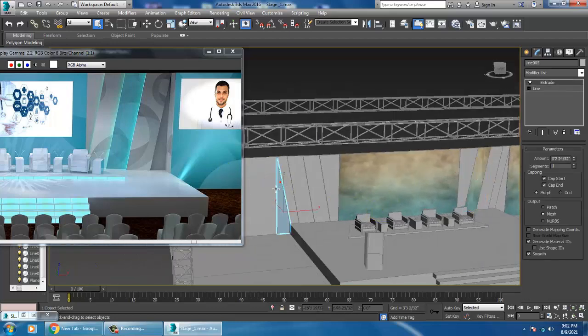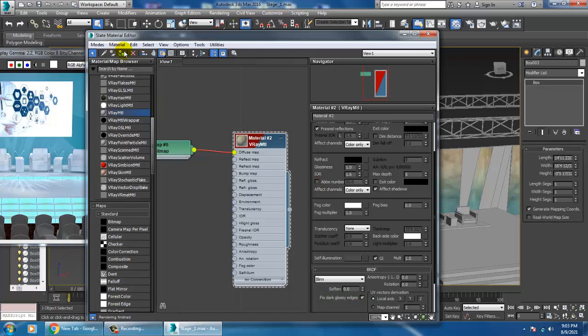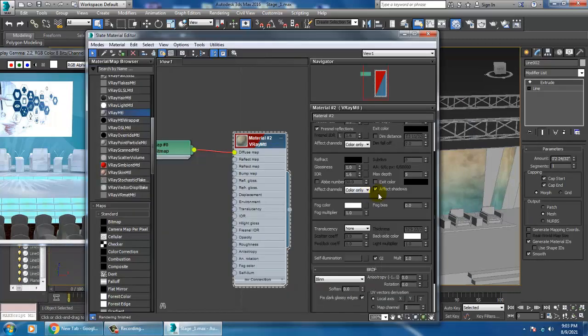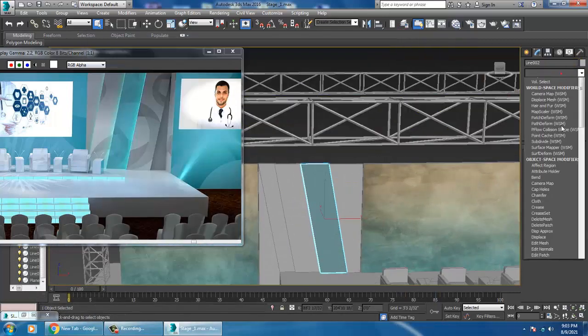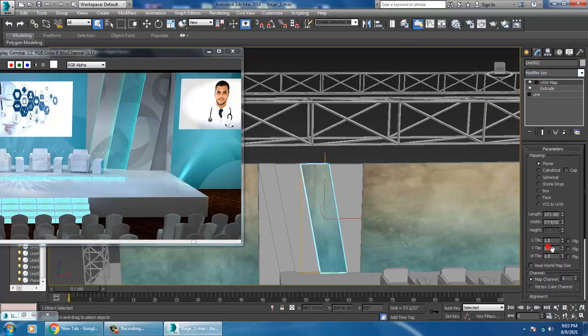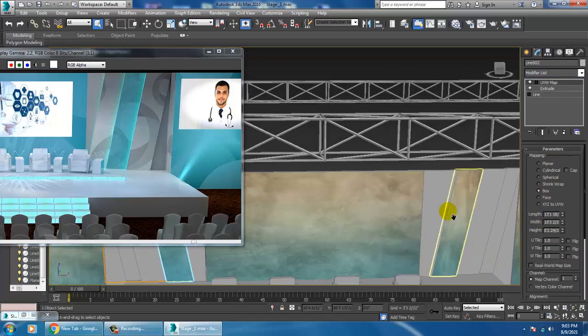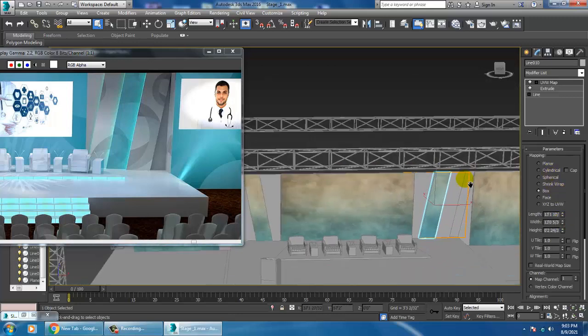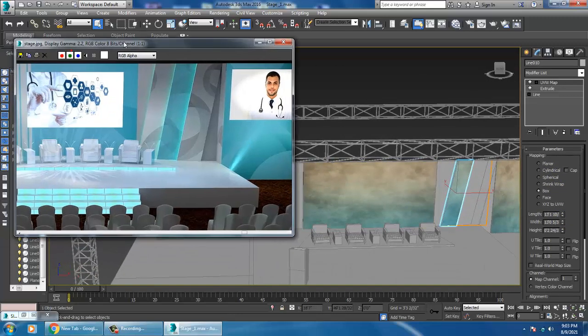Same for this material, UVW map. Perfect. Alright.